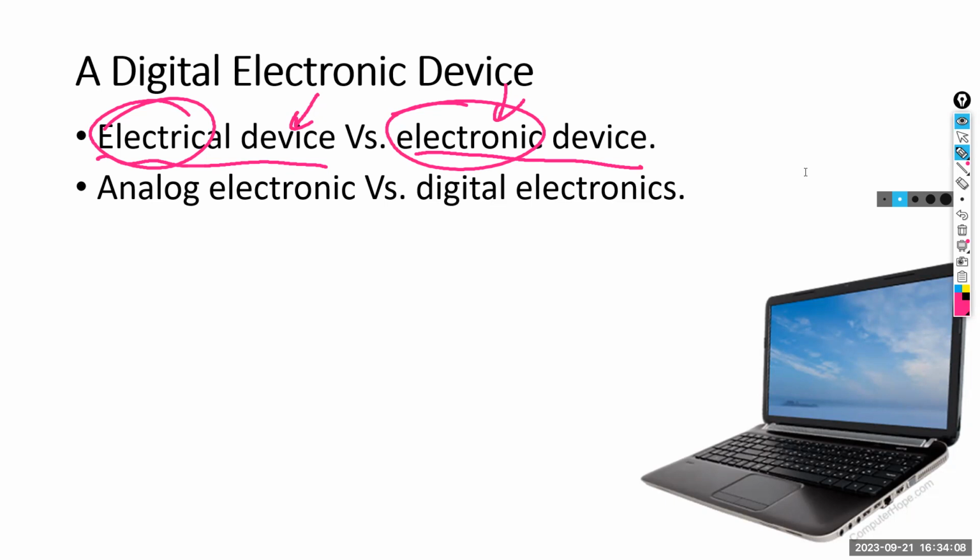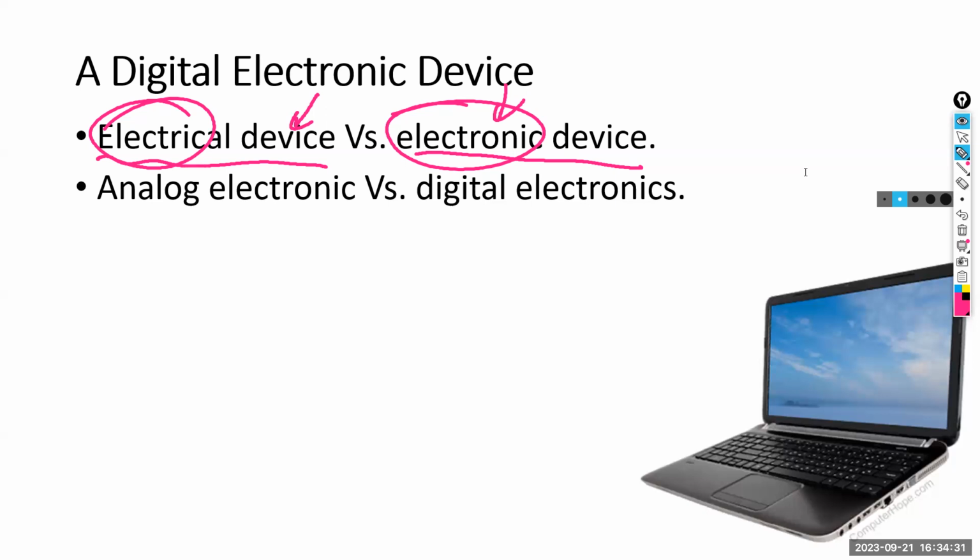Yeah, now I can hear. Electrical devices use electricity in order to process, and electronic devices are flows of electrons and